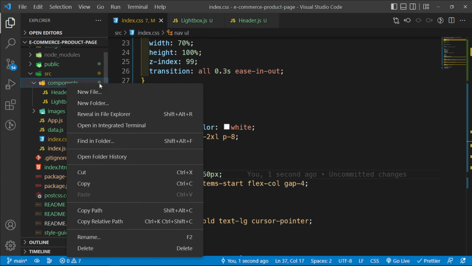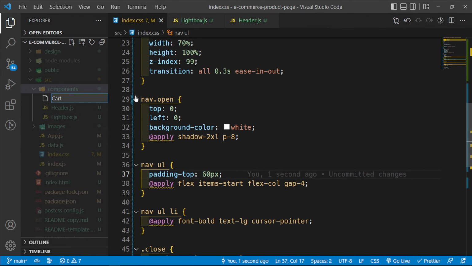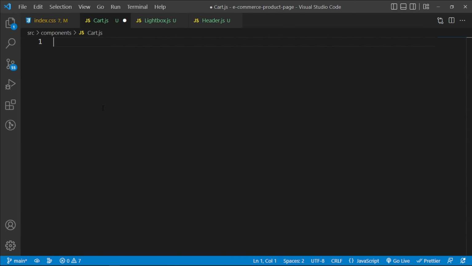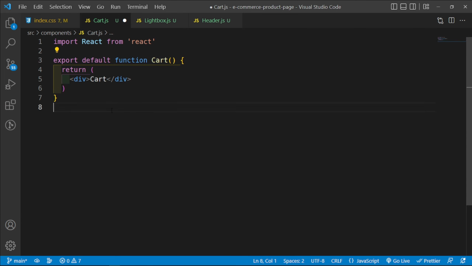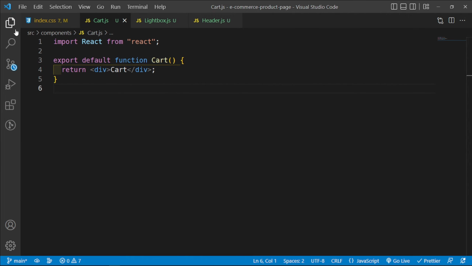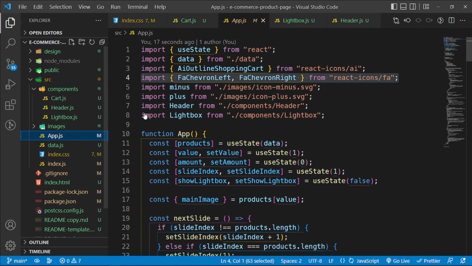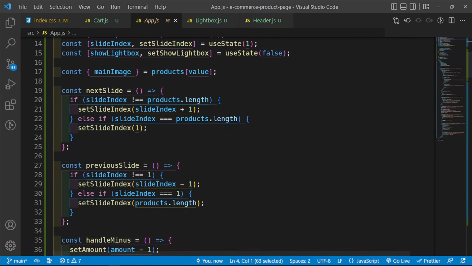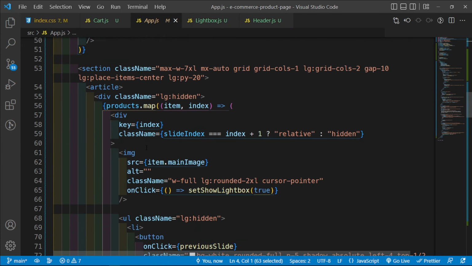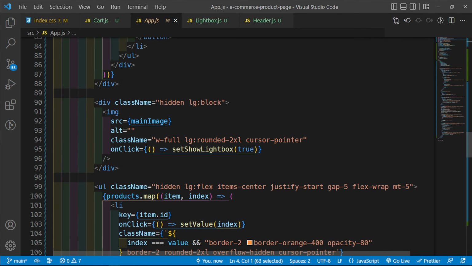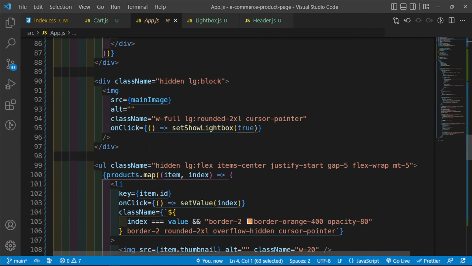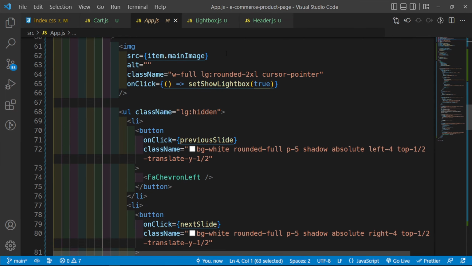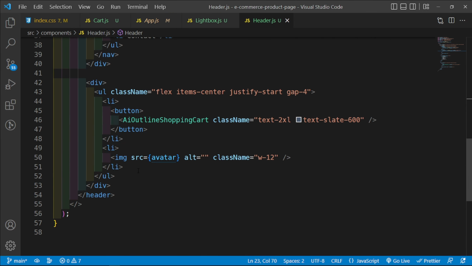So let's create a new component called cart.js, and then let's just say RFC to create a React function component. Then let's render it out inside app.js, and it's going to be rendered when the cart icon is clicked. So where do we have our cart icon? Where is it? It's inside the header. Yes, it's inside here. So what we're going to do therefore is